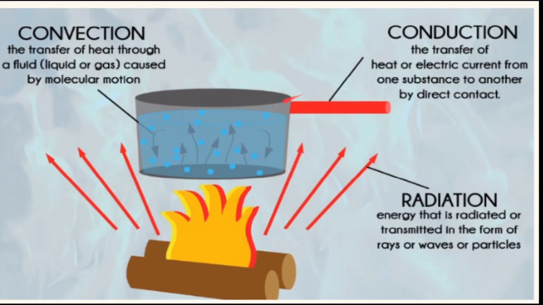So conduction is a process of heat transfer in solid substances in which only vibration of the molecules or particles happens and heat is transferred from one end to the other end. And in convection, as you know, the heat is transferred by the actual movement of the particles. So convection is possible either in liquid or in gas. That's why it is called a fluid. Fluid means liquid or gas. And radiation is the process of transfer of heat energy in which no medium is required. So these are the three important modes of transfer of heat.